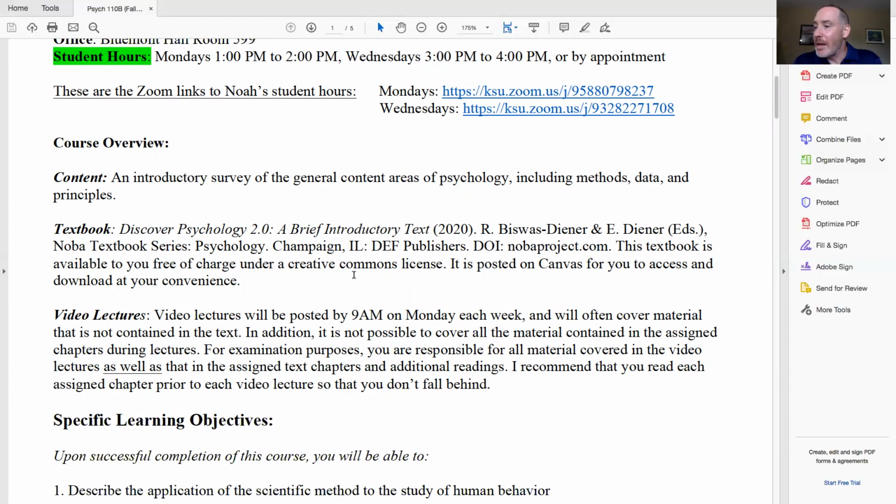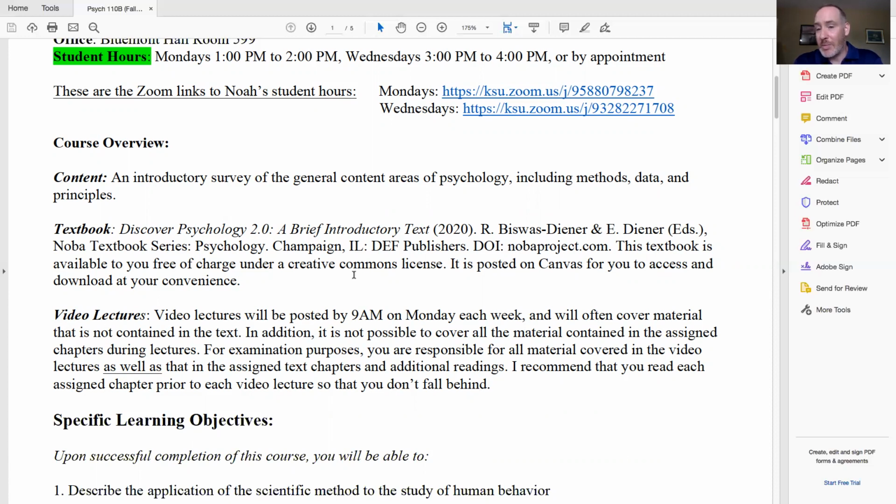This is free. Now, I will point out that this textbook is longer than you might think because it's not a traditional textbook that's all pretty with small font. It looks more like a Word document or an Adobe Acrobat document, a PDF, kind of like I have up here. So it seems longer than it actually is. I would recommend that you give yourself some time to acclimate to that textbook and realize there is nowhere near as many words on a page in this textbook as a traditional textbook that you might work